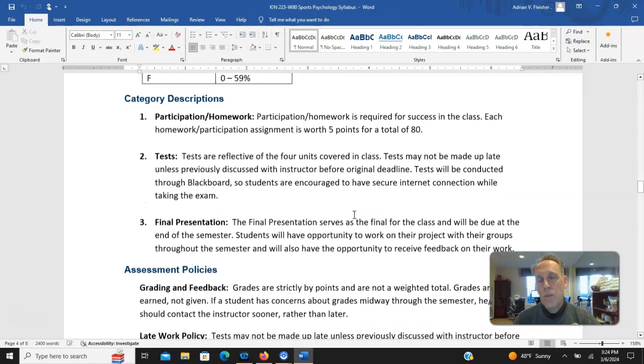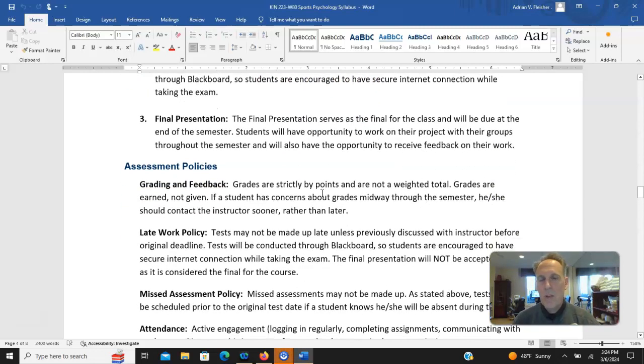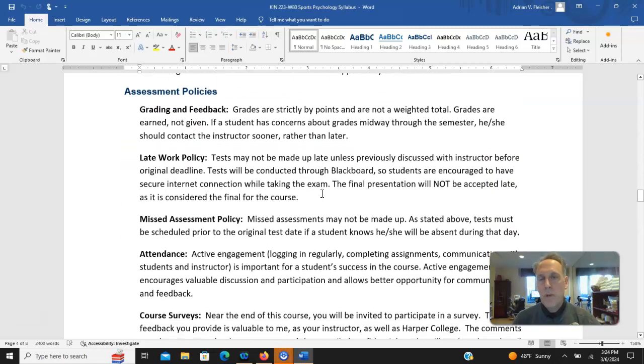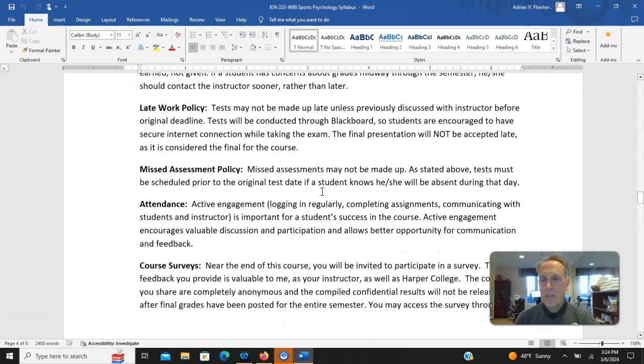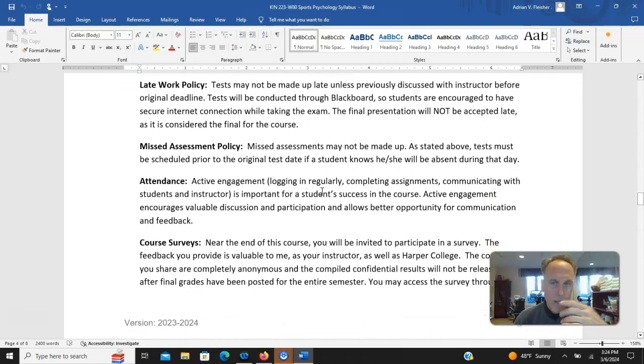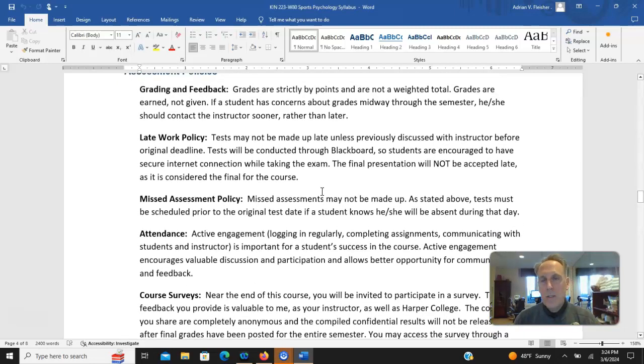So further down the informational side of this document, you have a brief description regarding these assignments, and how many points they are. It's kind of an elaboration of above. Further down are grading and feedback policies, late work policy, assignment policy, attendance, etc. And if you look at this, okay, attendance is kind of off the board because of the way the course is. But for us, it's important for you to understand that when you look at your grades and you hand in something late,